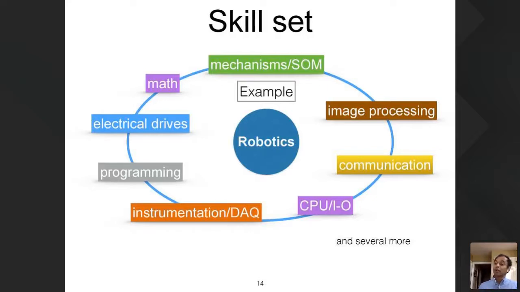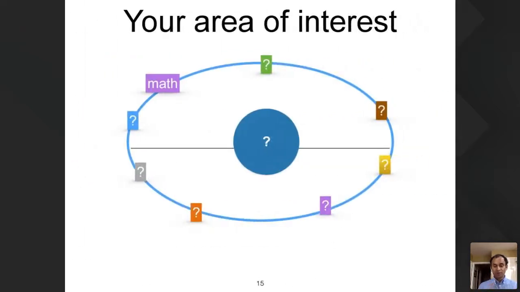So how do you know how many you're missing? Okay, so you said robotics is clear. I laid out the circle here. You write down your area of interest. Like I said, math is a given. What else do you need? Okay, so for that you need to think about